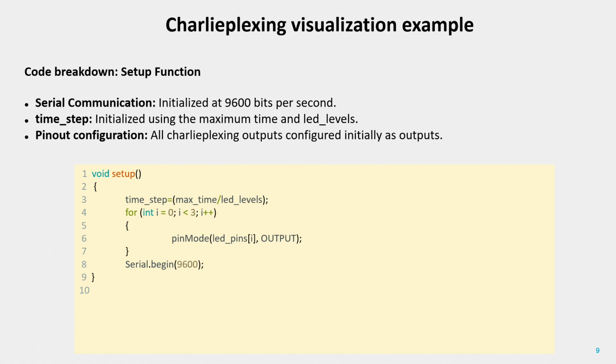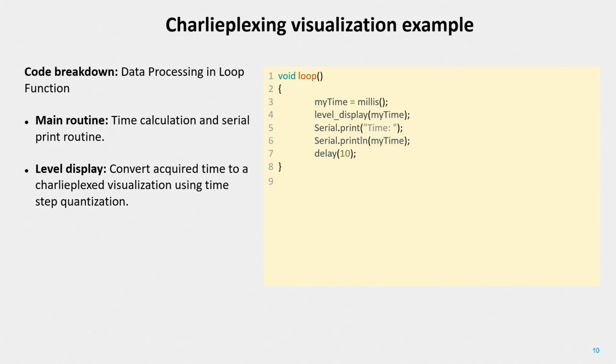In the setup function, the serial communication is initialized at 9600 bauds, and all Charlieplexing pins are configured as outputs. This step ensures that the system is properly prepared to control the LED states as soon as the timer starts. Within the main loop, the elapsed time is continuously retrieved using the millis function. The level display function then maps the current time to a corresponding LED pattern. It does so by determining in which time interval the current value lies and accordingly calls the Charlieplexing function with